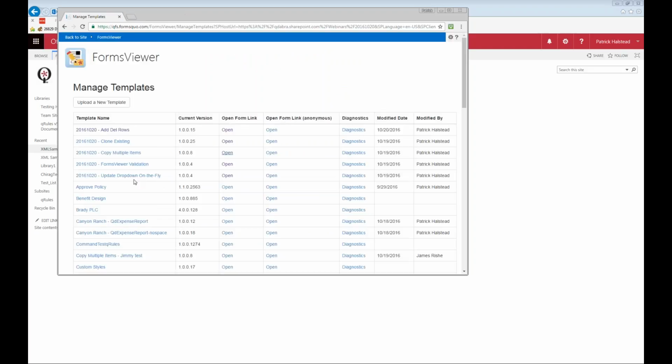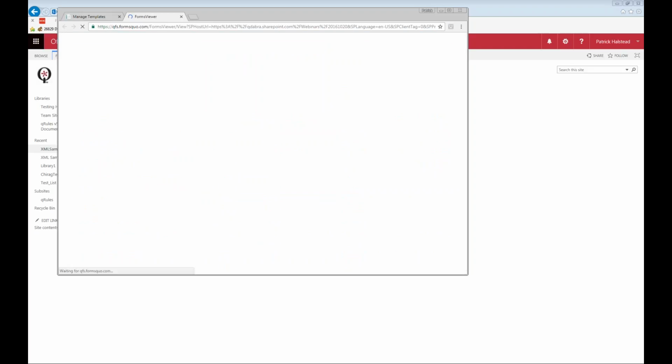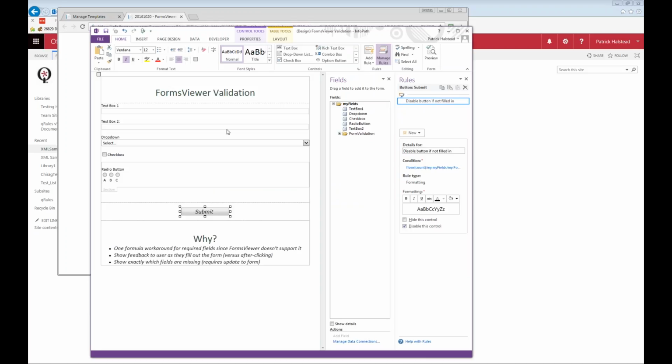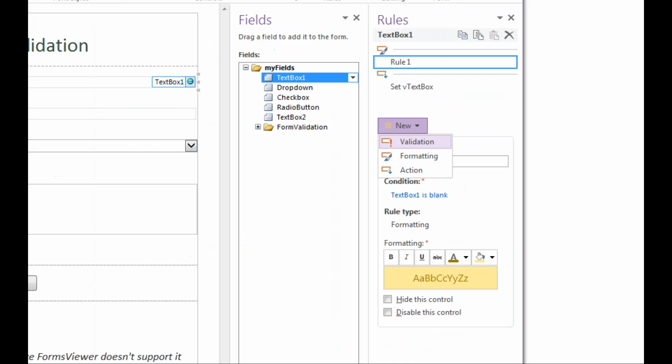is the FormsViewer validation. So this one here, one of the things we have not implemented in FormsViewer yet is validation. So when we say validation, what are we talking about? We mean like in this form here, I can add a rule. If it's a text box here, I can add a rule to validate, right? There's a validation rule. These validation rules are not supported yet in FormsViewer, and we may do it in 1.4